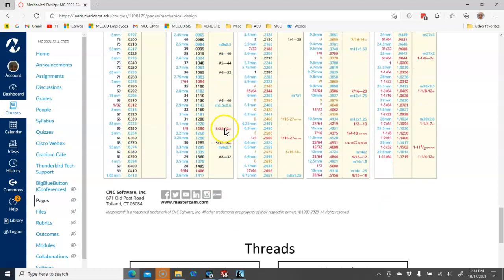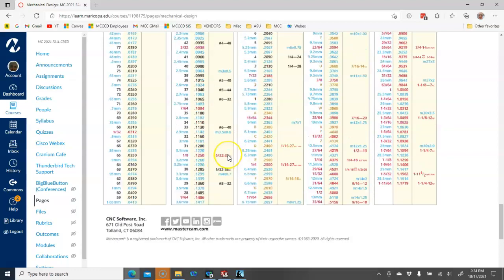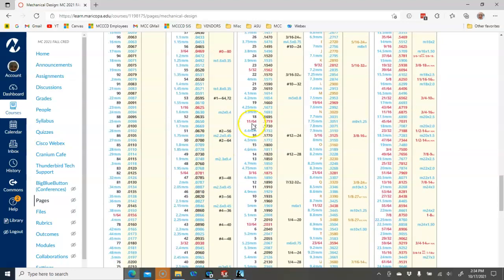The fractional 5/32 by 32, I haven't even seen a tap for, so it's nice to know that those exist, that there's information on it, but it's not really going to happen. M4 by 0.7 and 8-32 are really close together, and we cut a lot of 8-32s. Going back to the top,